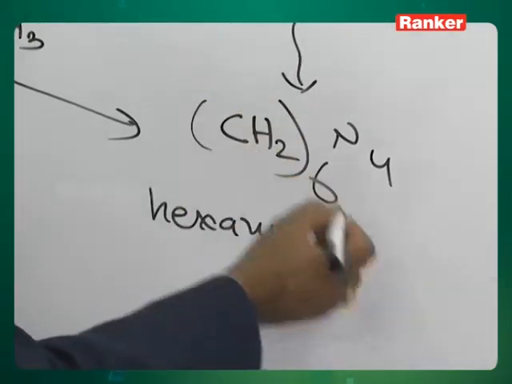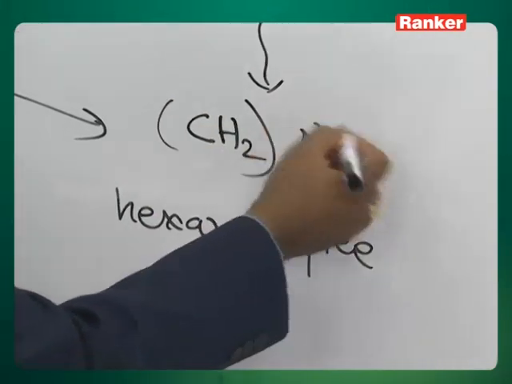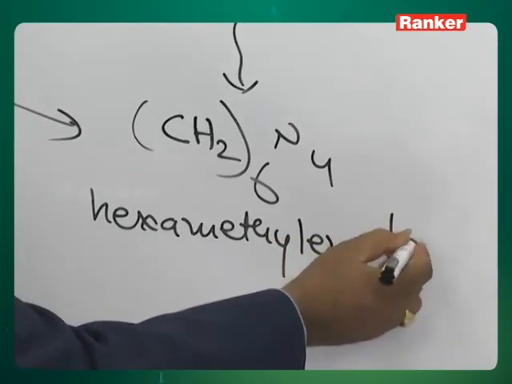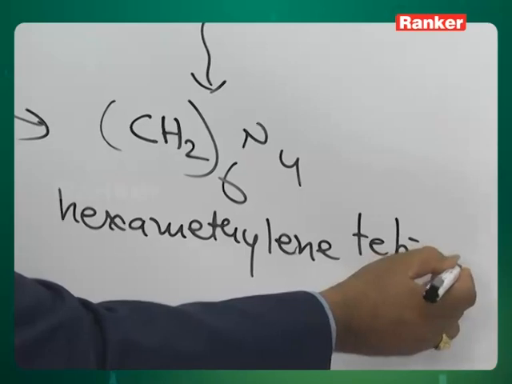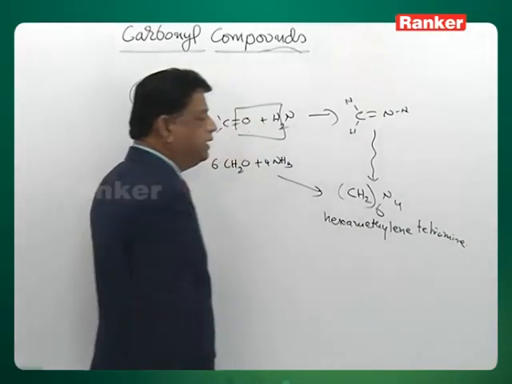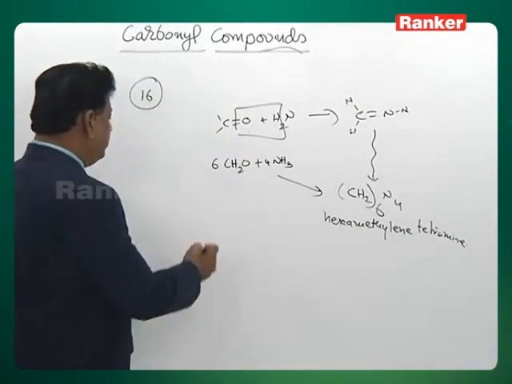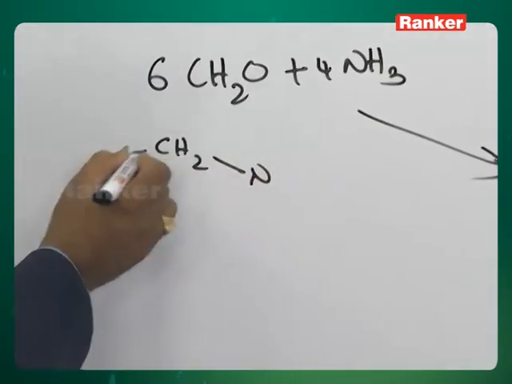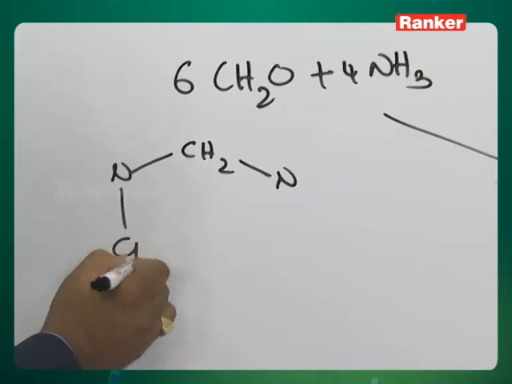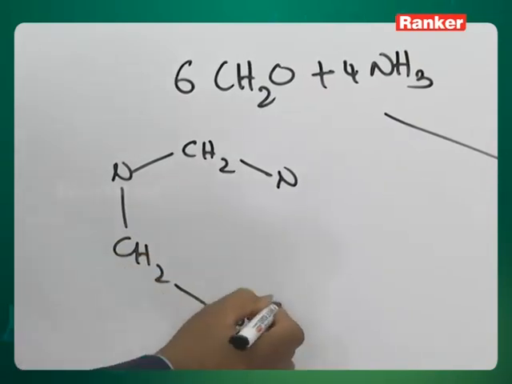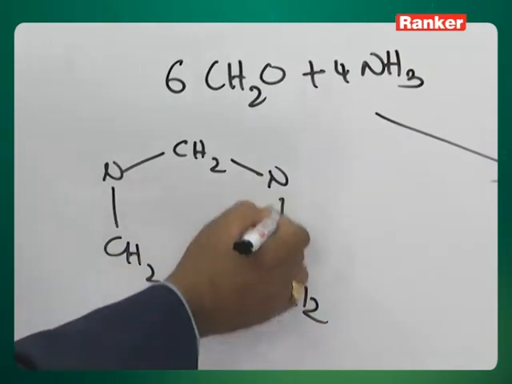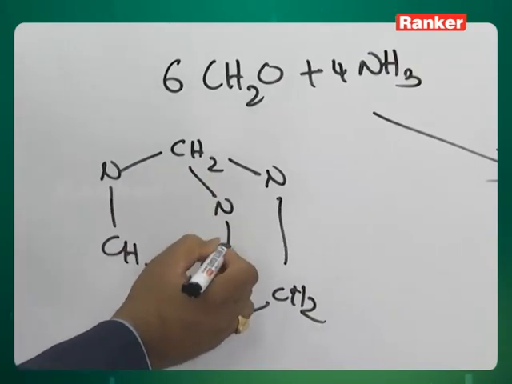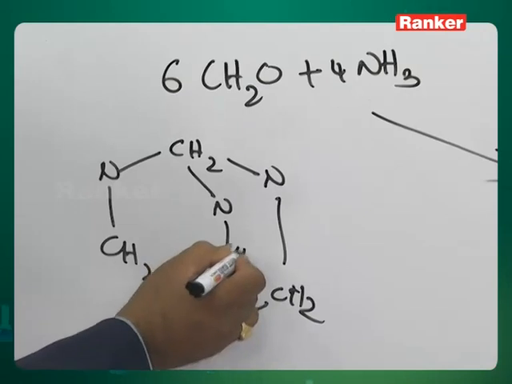Hexamethylene, that is CH2s are 6, hexamethylene. So nitrogens are 4, therefore it is called tetramine, hexamethylene tetramine. Hexamethylene tetramine. It has a beautiful structure. We have a CH2 with a nitrogen, and we have one more nitrogen here attached to. Everywhere there is a CH2